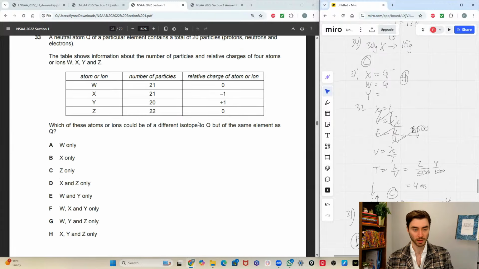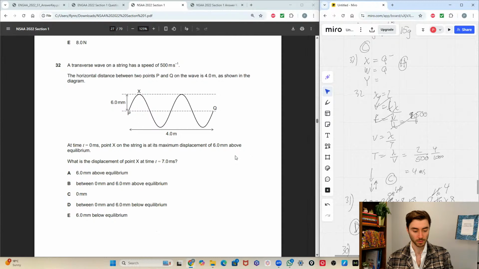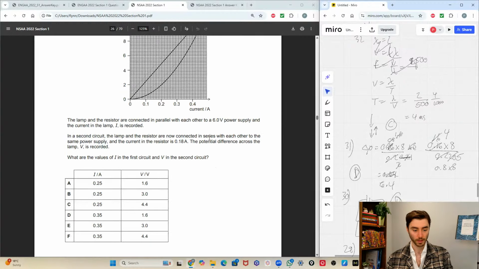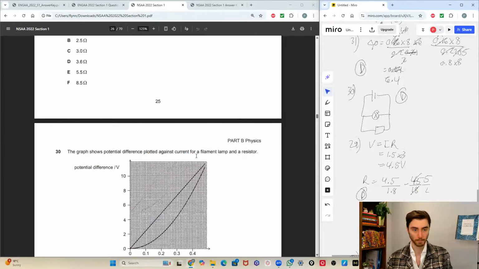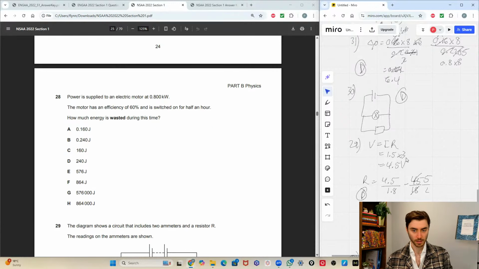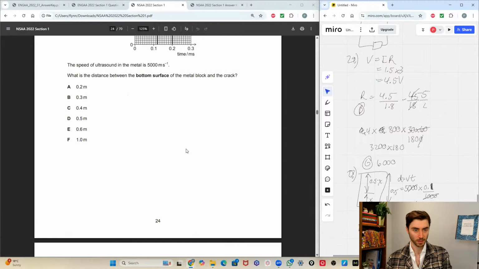This was done in 119. This was done in 120. This was done in 103. 121. 48, 52,